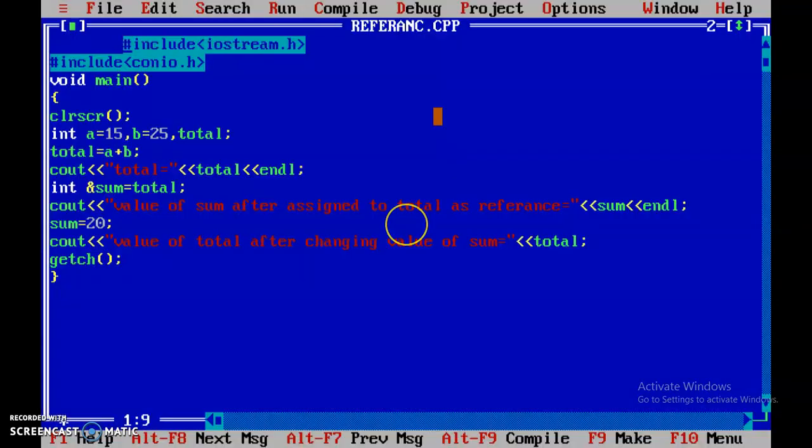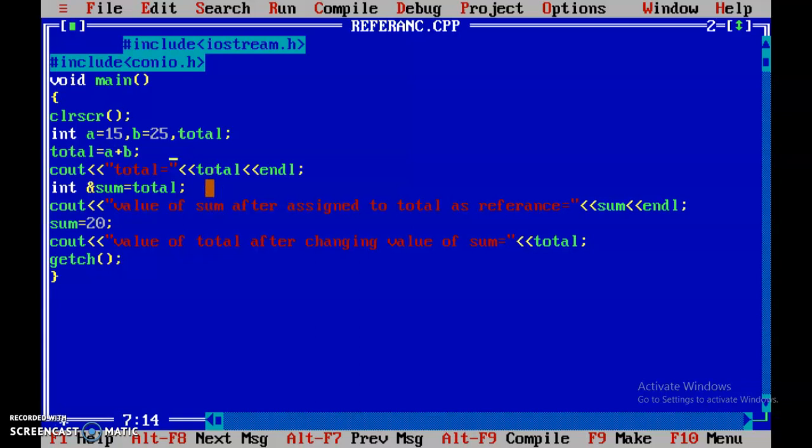See, in the program we have declared two variables, a equal to 15 and b equal to 25. One more variable is named total. Now total equals a plus b, that means the value of the addition will be stored in total. The next line just displays the answer of a plus b.